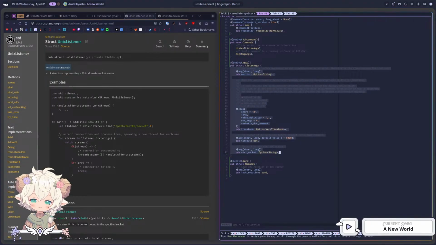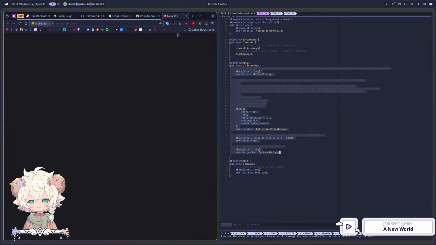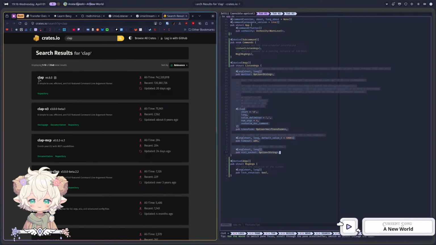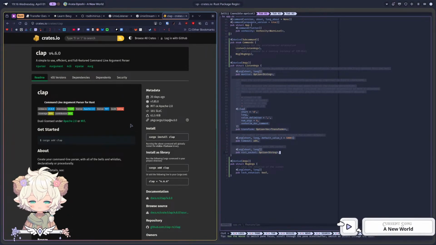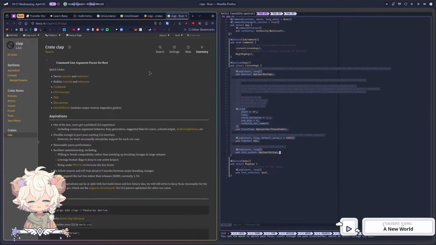So I wonder, can I merge those? I have no idea. And this is pretty much an issue. So we will do something smart. We will open clap again, and I want to see the documentation for clap. V4, right? Yeah, V4. V3, I'm not taking that. And so for clap,